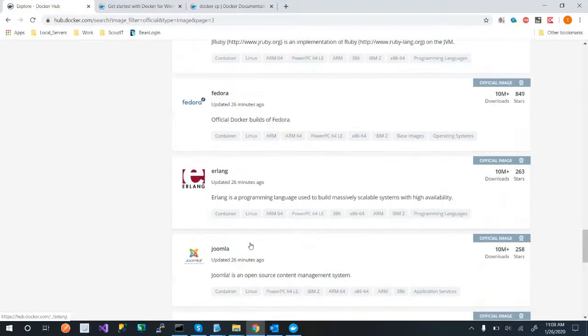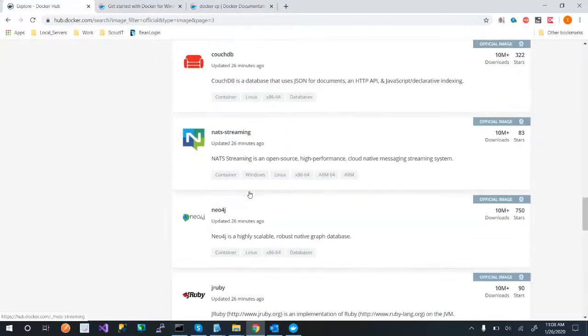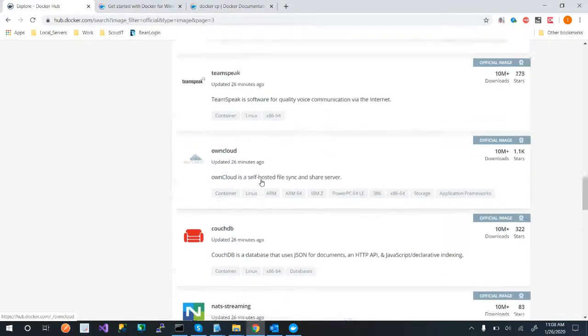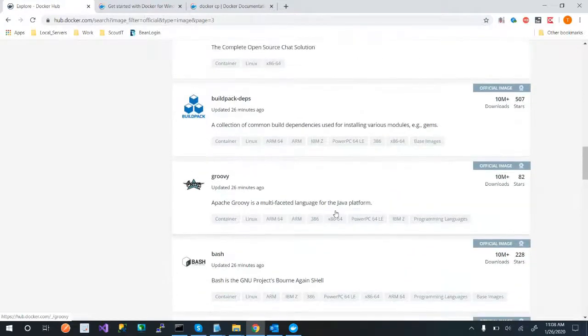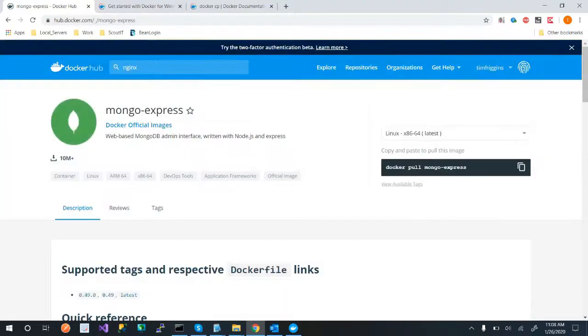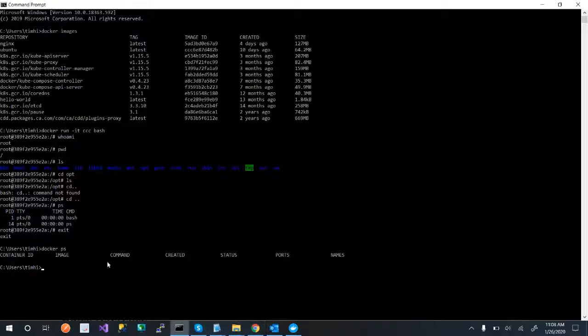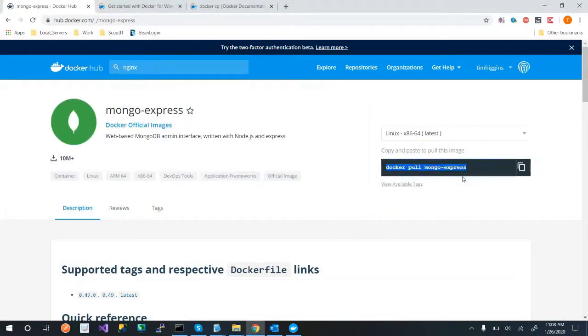And then, yeah, there's just a lot of really cool stuff. So I recommend just coming in. There's Joomla, there's WordPress in here also. There's Node.js, CouchDB, there's MongoDB. Just come in and play. Download some of these. If you don't know how to download one, let's say I want to download Mongo Express. I can click on this, and all I can do is this. All right, and then just copy it and make sure my Docker is running, and then just paste it in there. Well, for some reason I stink at copy and pasting, so let's try that again.